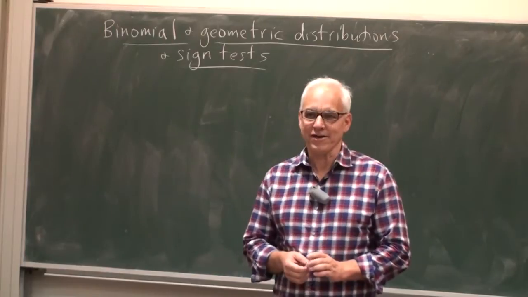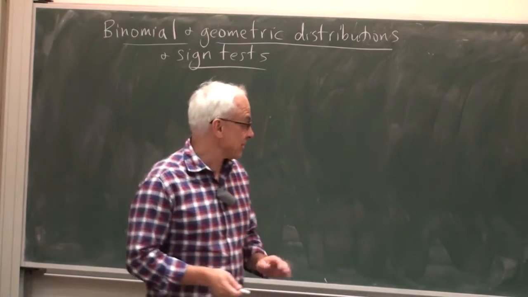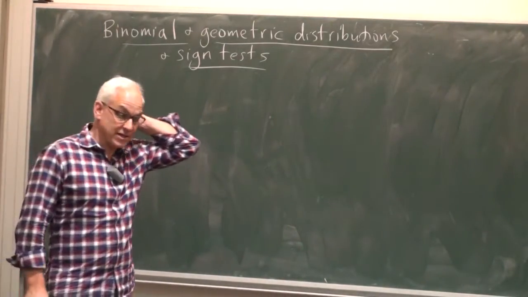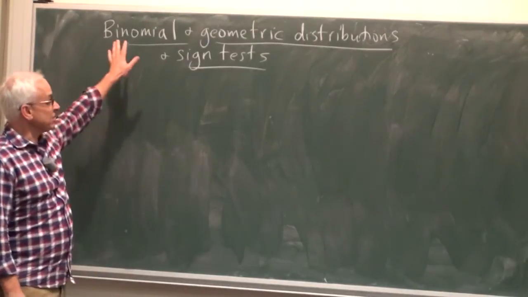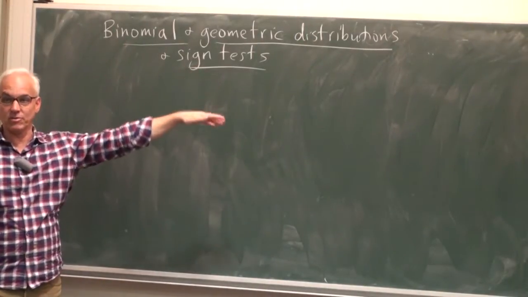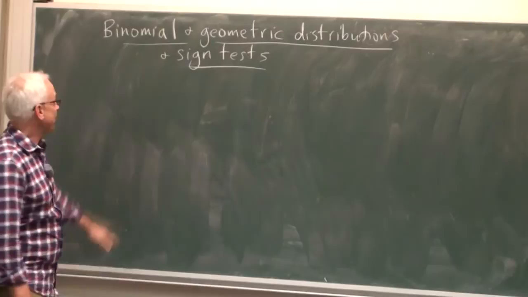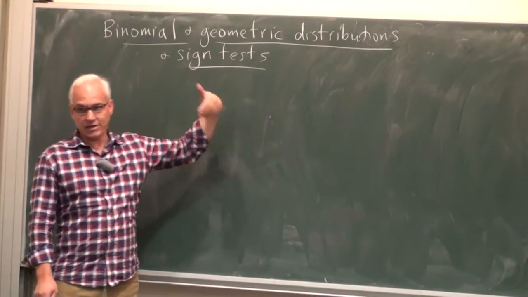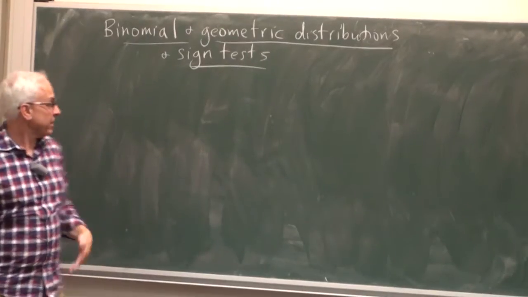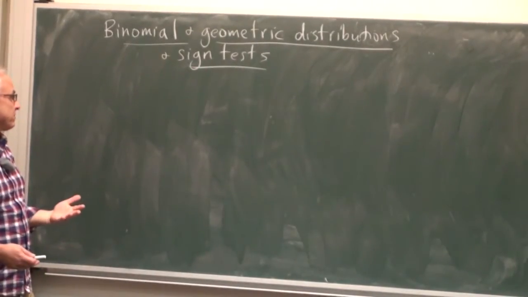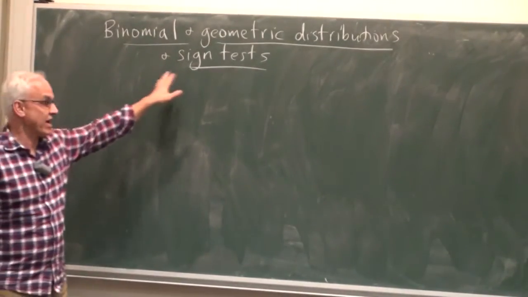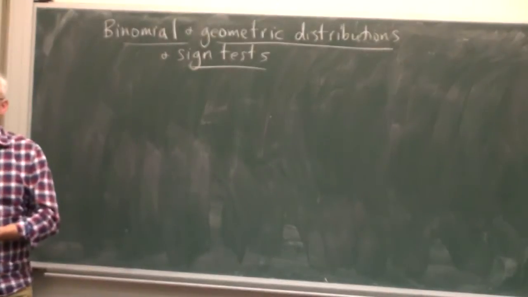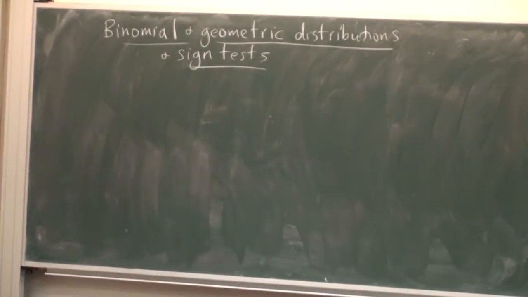All right, so hello everyone, I'm Norman Wahlberger, and today in this little course on probability and statistics, we're going to talk about some special probability distributions. We're going to talk about the binomial distribution and the geometric distribution, and associated to that some interesting, pretty simple kind of test called a sign test to tell whether some situation is likely true or not.